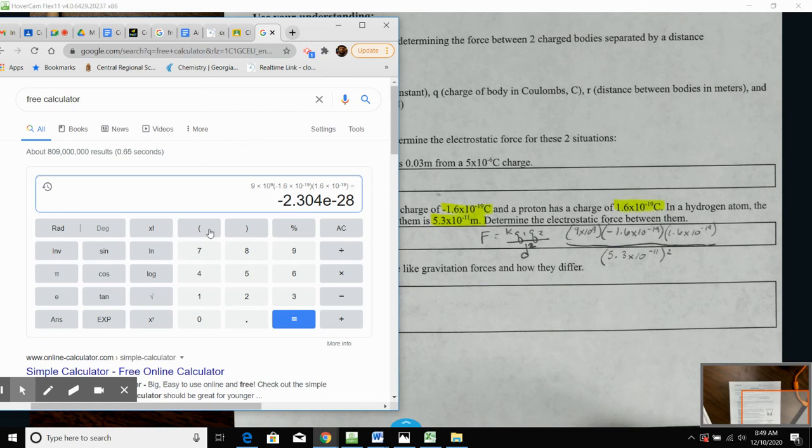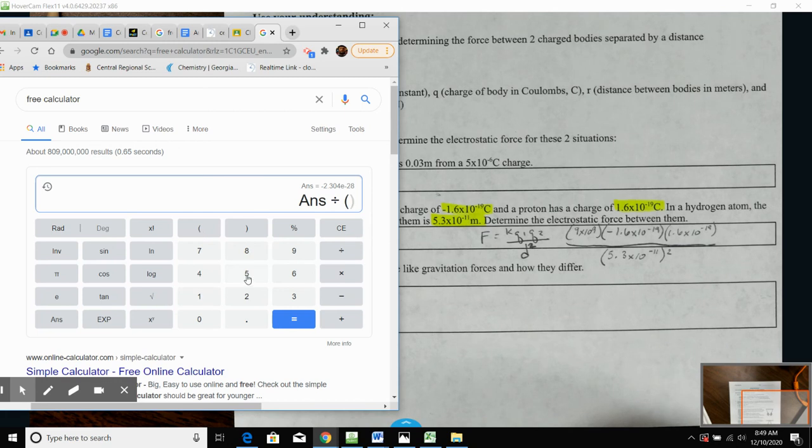So what we got to do then is we got to divide this. Oh, no. Nope. See, now I lost it, but I can still go answer. Get rid of 0. Why is it saying 0? There we go. Okay, so the answer for my previous calculation, that negative 2.304 times 10 to the negative 28th. So now I'm going to divide that by